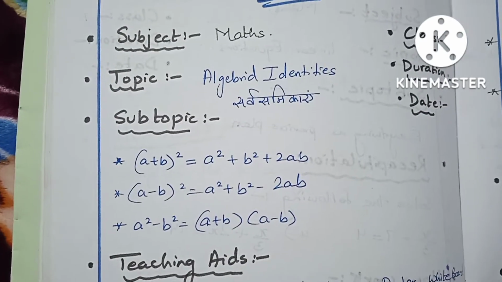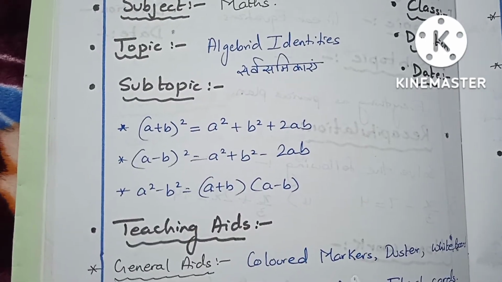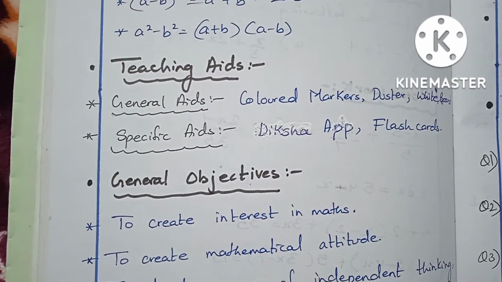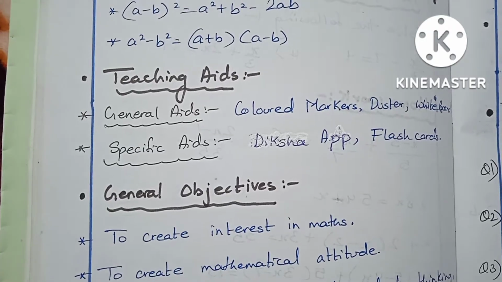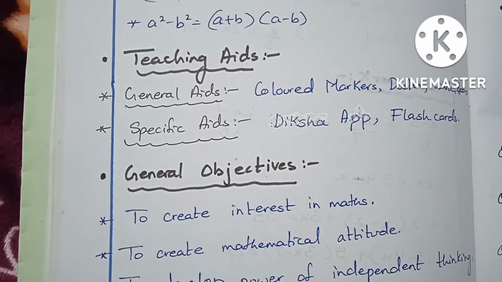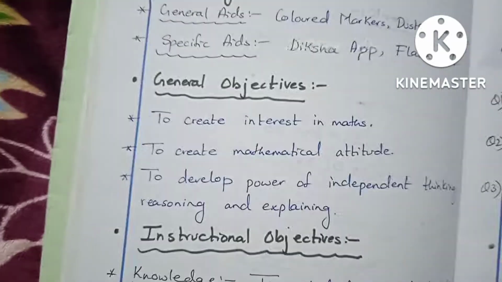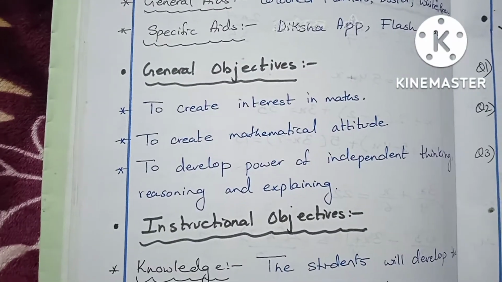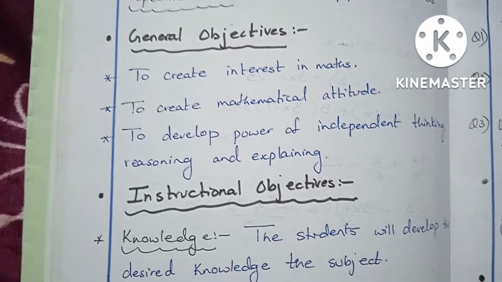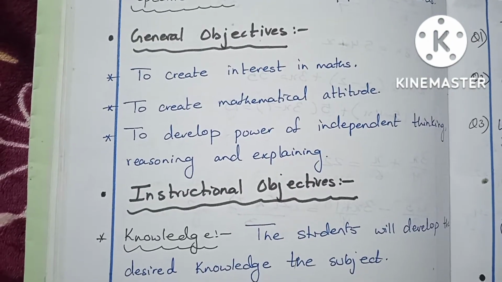So algebraic identity is also called as samikaran in Hindi. Teaching aids over here are general aids: we have got colored marker, duster, whiteboard, and specific aids are Diksha app, flashcards. General objectives are to create interest in maths, create mathematical attitude in students, to develop the power of independent thinking